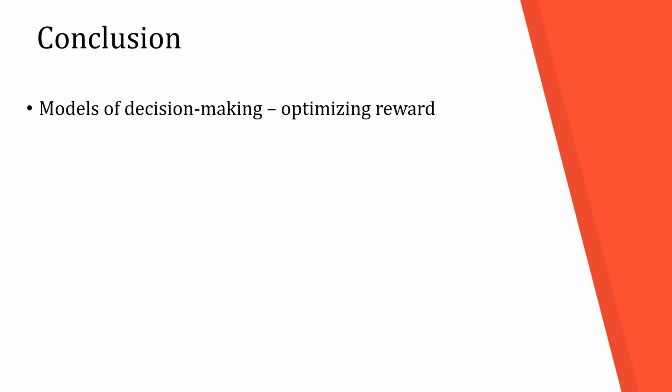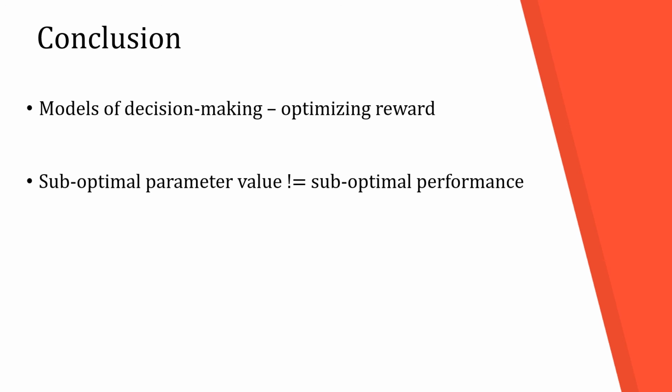So, to conclude, many model-based analyses of decision-making assume that individuals aim to maximize reward by selecting optimal values of parameters, such as decision thresholds. However, when declaring an individual's performance as optimal or suboptimal, analyses should not only focus on the adopted parameter values, but also consider the actual performance or outcome those parameters yield. This was illustrated in an example with the reward rate landscape for various decision policies.